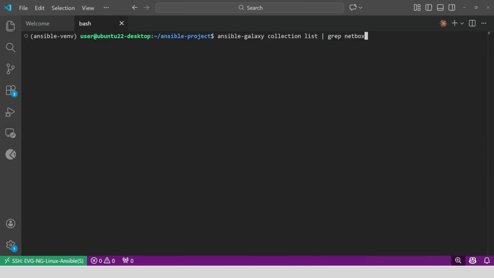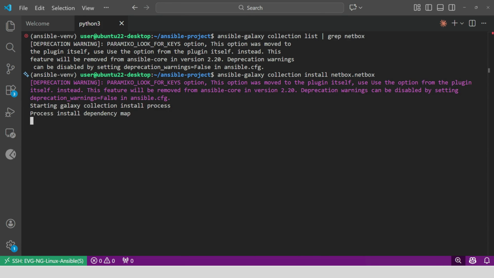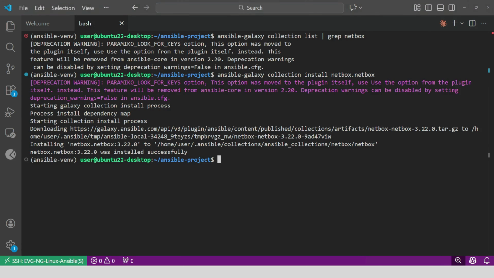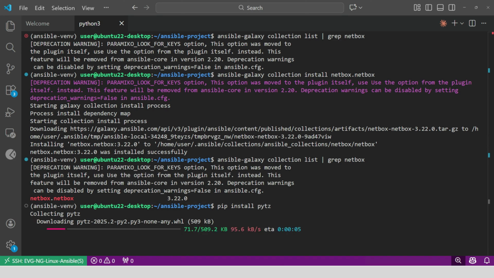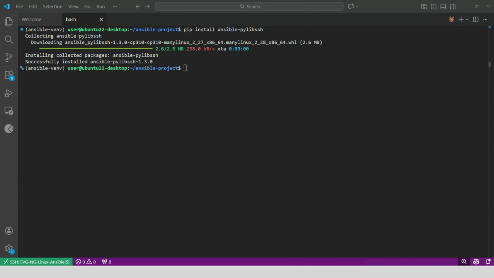Now we need the Netbox Ansible collection. We are installing the latest version. One quick tip, don't use the force command. It keeps both versions, which causes weird issues. So if you have the older version, remove it manually first, then install fresh. You will find all the commands on my GitHub page. We also need to install two other dependencies for the time zone handling and SSH. Good. Dependencies are ready.